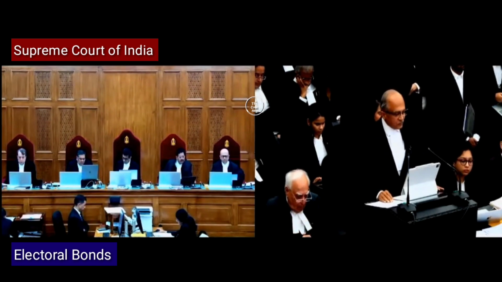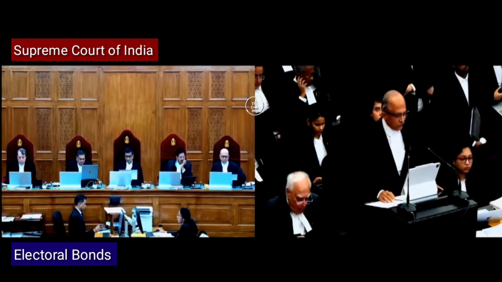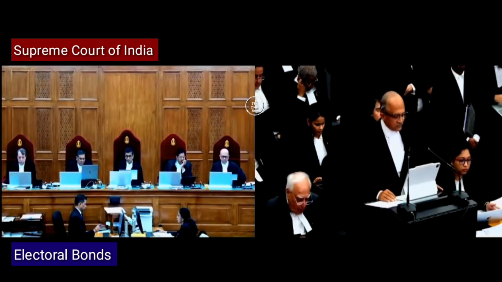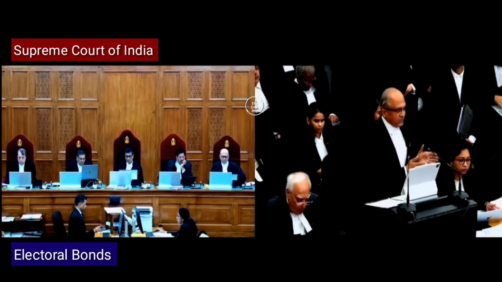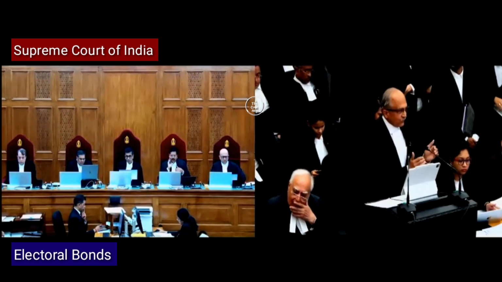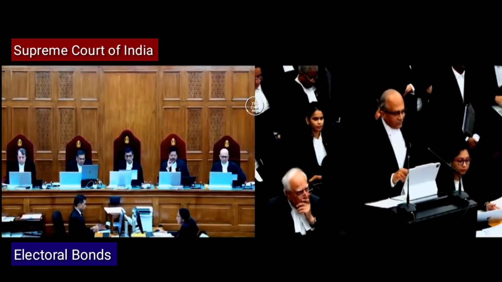Such political party keeps and maintains such books of account or other documents as would enable the assessing officer to properly deduce its income therefrom. B, in respect of each such voluntary contribution in excess of 10,000 rupees, such political party keeps and maintains a record of such contributions and names and addresses of the person who have made the contribution. So therefore, there was a requirement in the Income Tax Act that every political party should maintain accounts of where they have received the donations from, who has given them the donations. Now, by the amendment, it says,